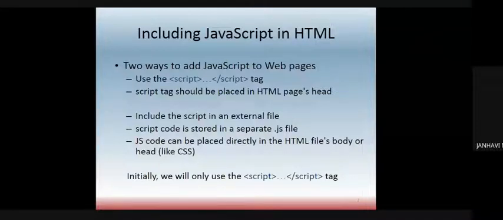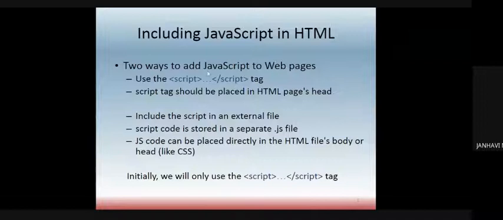Open a notepad, write the script code into it and save it with .js extension, like one.js, and save it as all file types. And then the link of that particular JavaScript can be provided into the body, including that particular file name. So that can also be done. So one way is to include it in the same file. The second way is you store a separate JavaScript file and then include it into your HTML file.